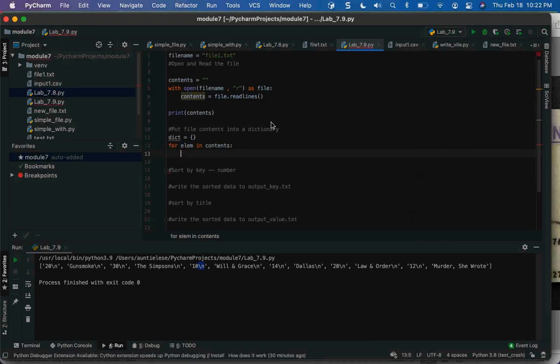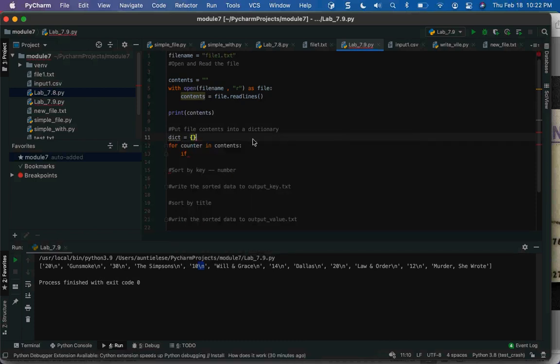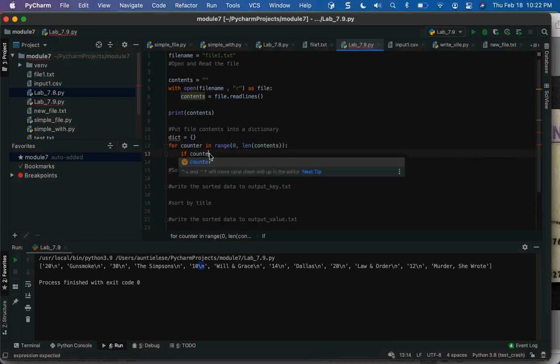And so if it's even, sorry, if it's odd, actually that's not what I want to do. For counter in range 0, comma, len of contents, if counter